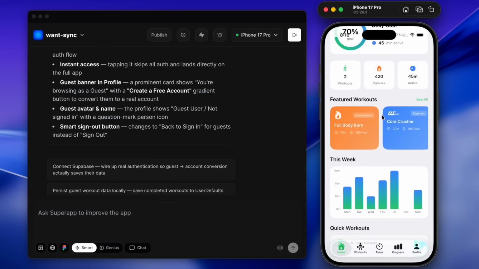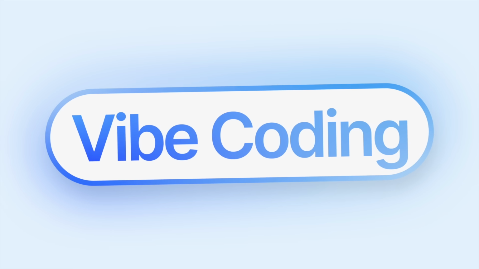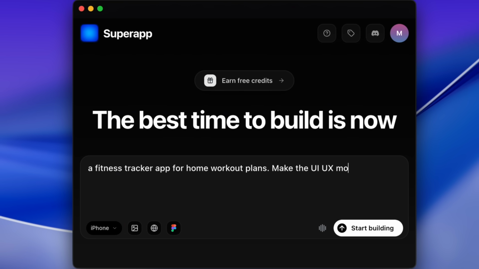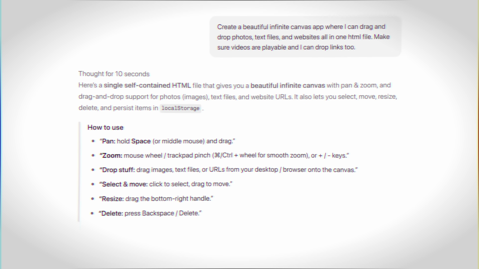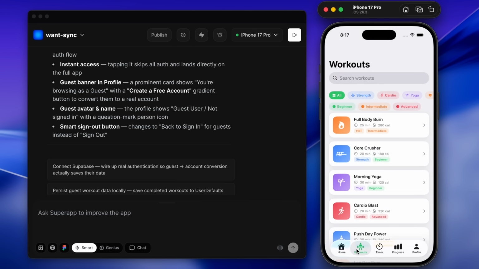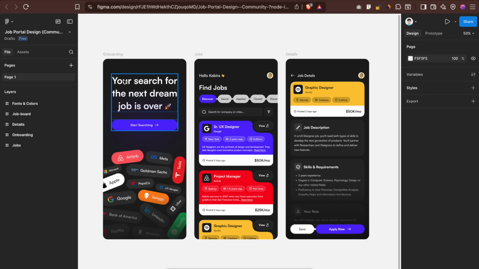Building a mobile app has been very easy with AI and vibe coding. You just have to type the prompt describing your app and the AI tool will write the code and build your app in a few minutes. But all these vibe coded apps look somewhat similar and the UI/UX doesn't feel personal. So what if you can build an app with your own design?